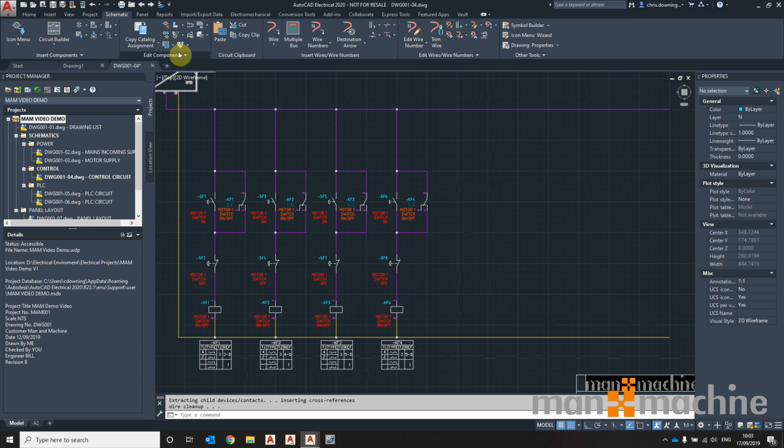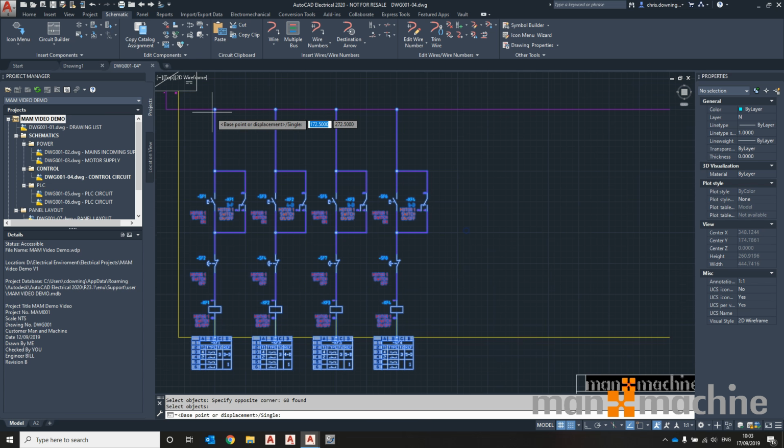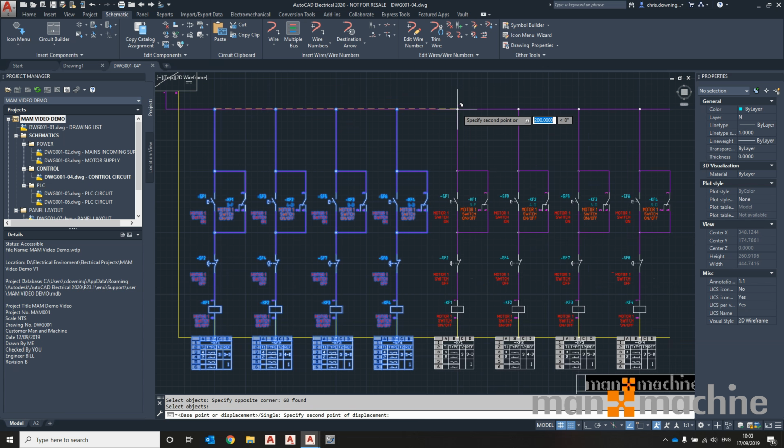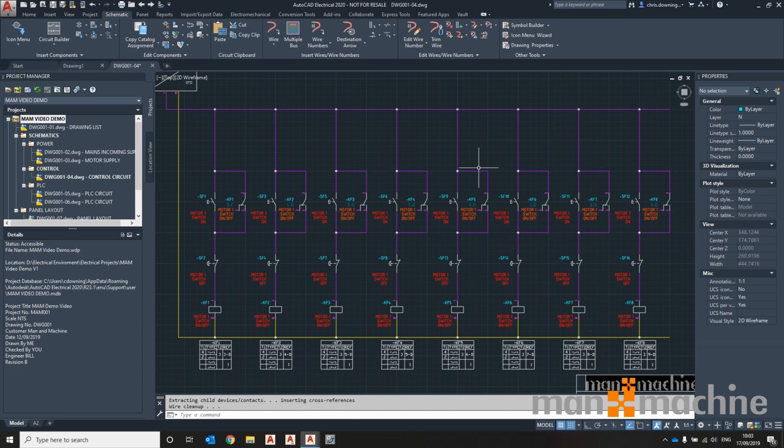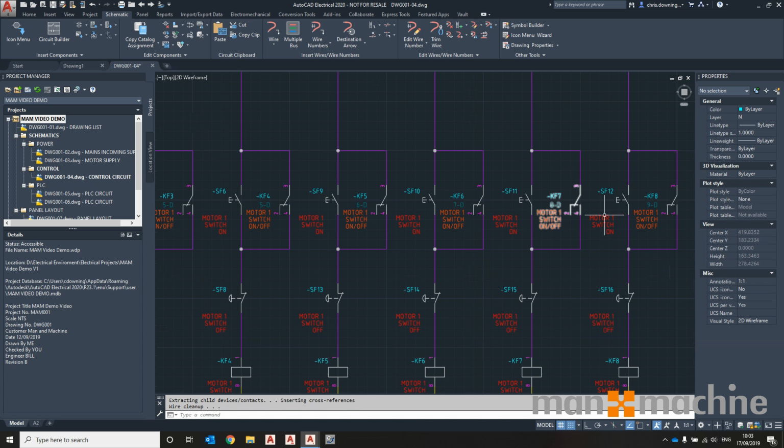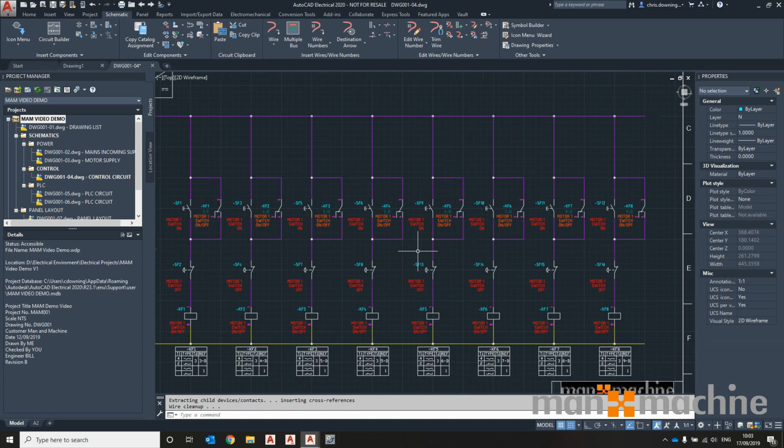So I've got 4 now. Again, all the tags have updated as you would expect. Copy circuit again. And now I've got 8, and all the circuits have updated again as you'd expect. Okay, even the cross references between the symbols have updated as well. Obviously I then go through